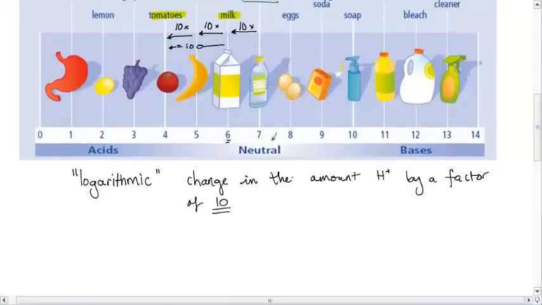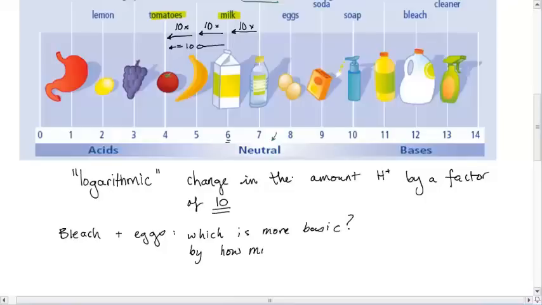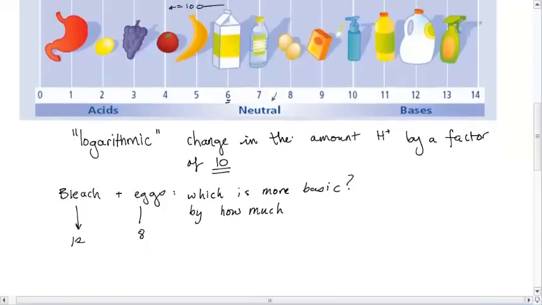If I asked you to compare bleach and eggs, and I asked you which is more basic, so that means which one is a stronger base, and by how much? Well, let's look them up on the pH scale. Bleach has a pH of 12, and eggs have a pH of 8. So bleach is definitely the stronger base, because the higher number means it's more basic. And if I asked you how many times more basic, well,